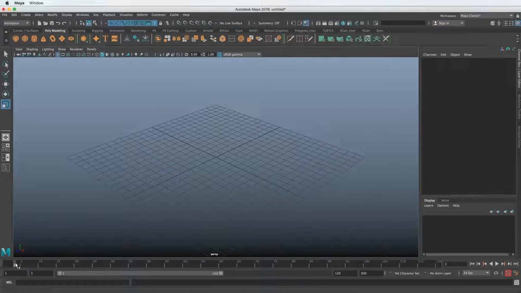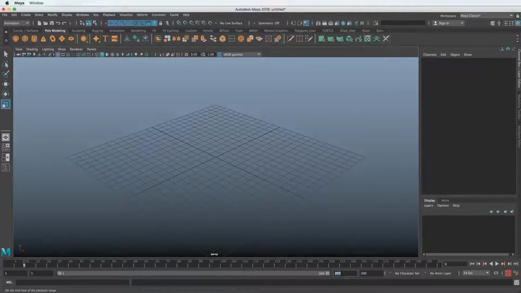And down here we have a timeline for when we start animating. We can scrub this, we can play it over here, we can set it to loop back several times by clicking that. We can turn on auto key, turn that off, change the frame range, all of these things. But typically when I'm using this, I use it just like this. I scrub, I look, and then I can change frame range, clicking and dragging that, or typing in numbers here.